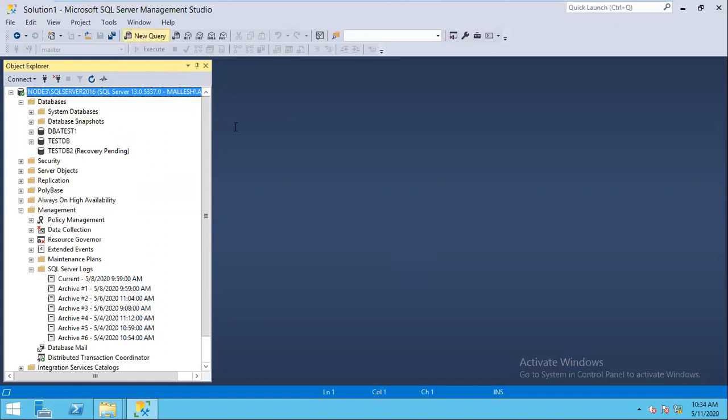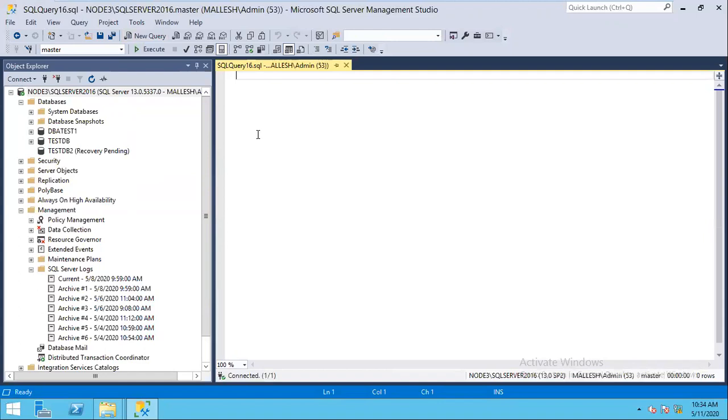Open a new query on the master database and run the tail backup command. In this scenario, we cannot take the tail backup using the GUI mode, so we need to depend on the command. The command for taking the tail backup is: backup log database name testdb2 to disk equal to path